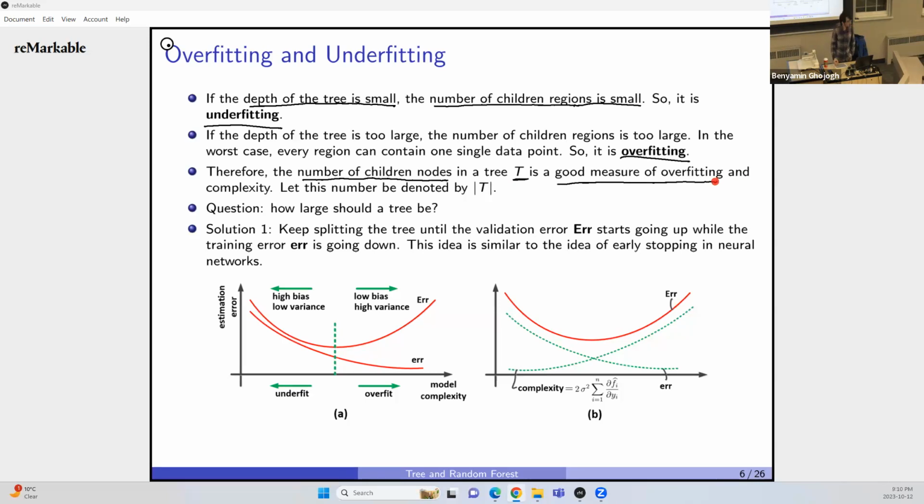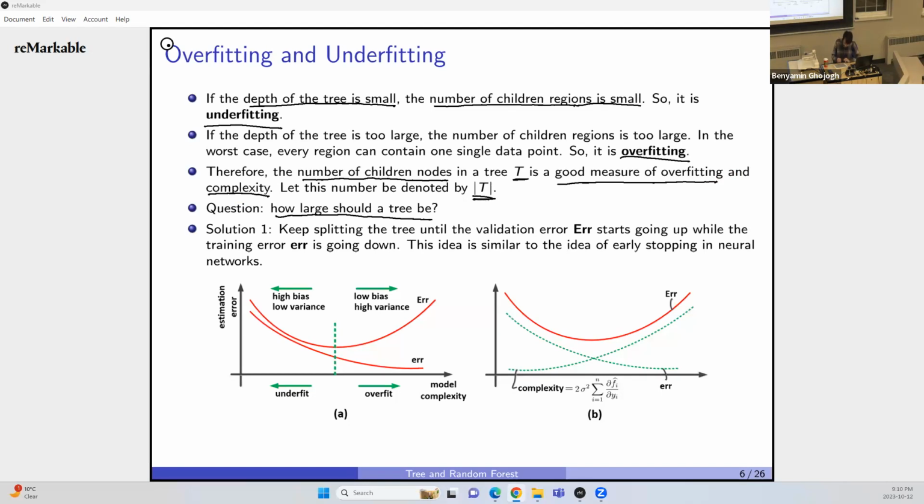And also, we know that overfitting can be modeled as complexity, right? It is showing the complexity. We talked about it before. So it's a good measure of overfitting and complexity. Let the number of children be denoted by the cardinality of T, okay? Question: how large should a tree be? In other words, how many children should I have, okay? So solution 1,